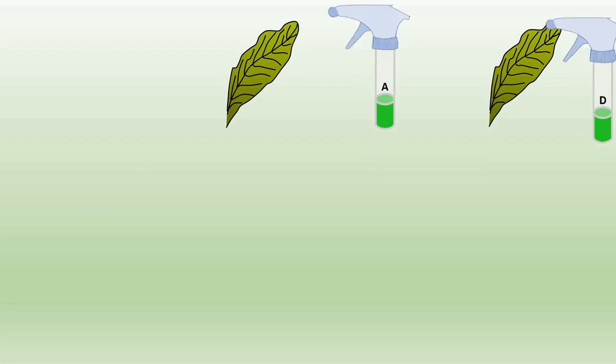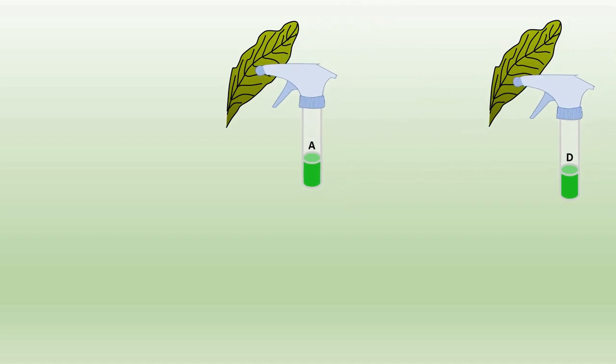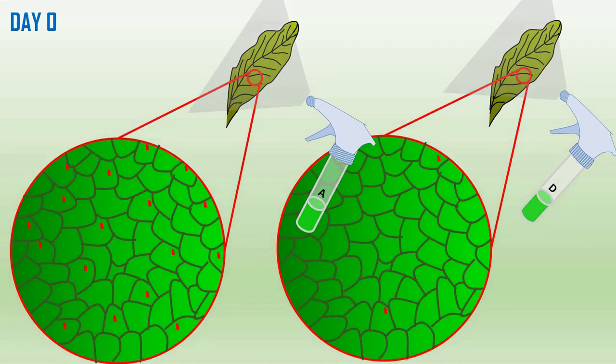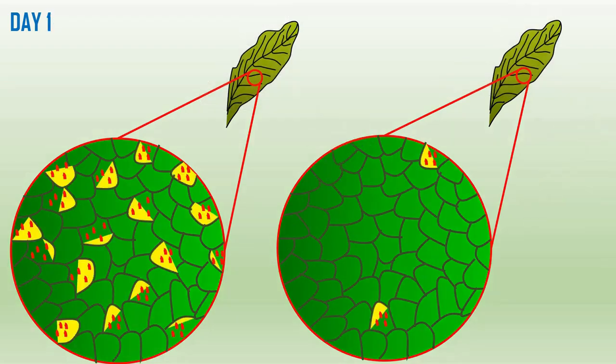In this thought experiment, we spray one leaf with filtrate from tube A and the other with filtrate from tube D. As we apply the filtrate on 2 leaves, filtrate from tube A occupies most of the cells in the leaf, but diluted filtrate from tube D can only invade few cells. The causative agent then starts the infection cycle in the invaded cells, meanwhile damaging them, and multiplies at the end of the infection cycle. The agent then leaves the damaged cells and invades neighboring healthy cells, also damaging them at the end of